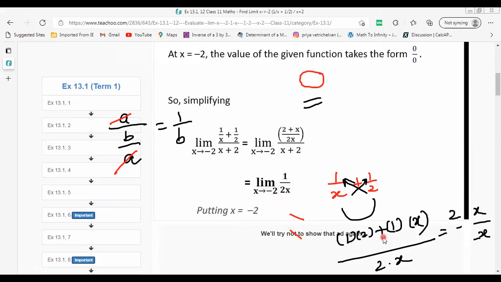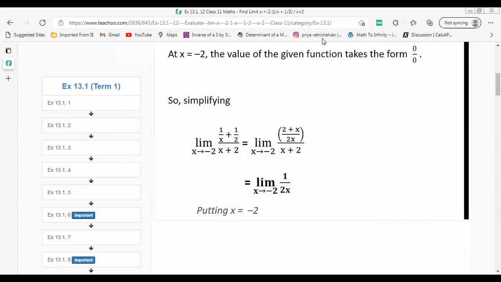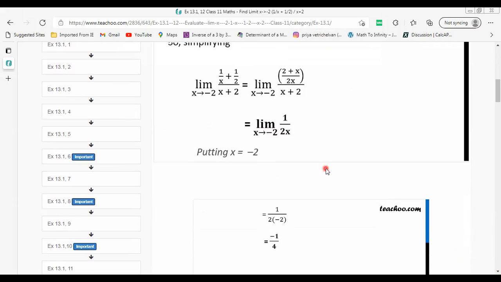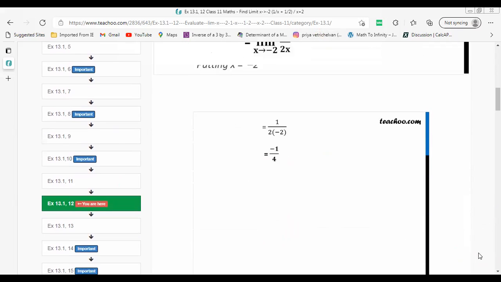All right. So now what I'm going to do, I'm going to do the substitution and check whether my denominator is going to be 0 or not. So if I substitute minus 2 in the x, I'll be getting 1 by 2 times minus 2, which is minus 4. So it's minus 1 upon 4. So that is my result. Here, my result is not equal to 0. So I can stop after this. Please note it down.